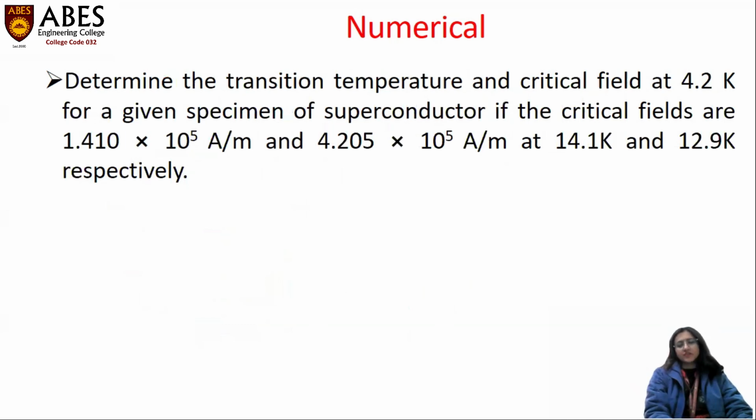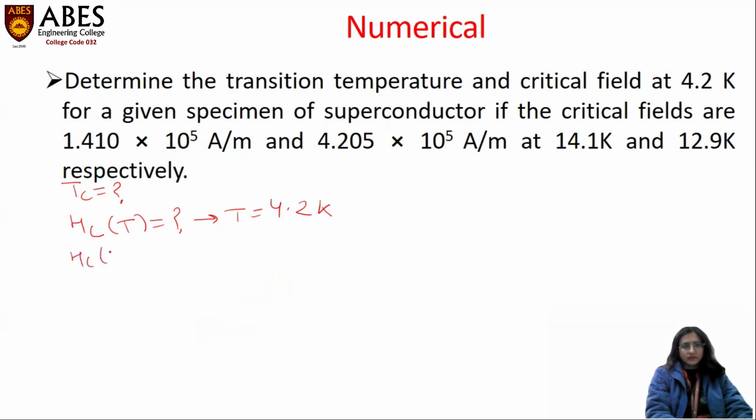Next important question which appears in university examination is to determine the transition temperature and critical field. We have to determine HC(T) when temperature is 4.2 Kelvin. What are the parameters given? Critical field HC(T1) is given to be 1.41 into 10 to the power 5 ampere per meter, where T1 is